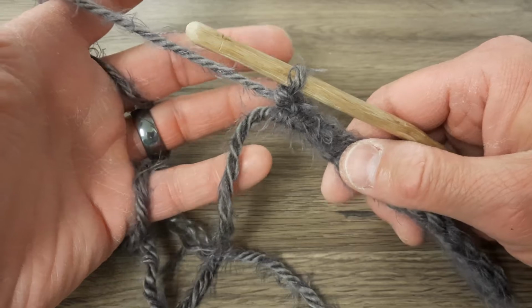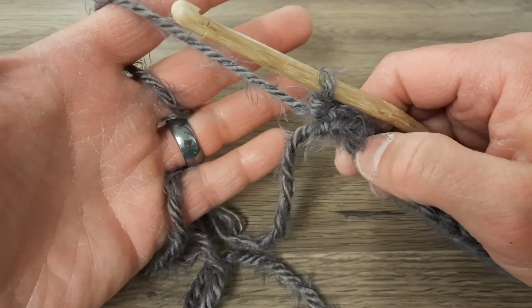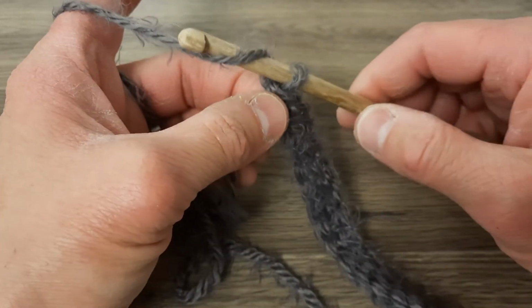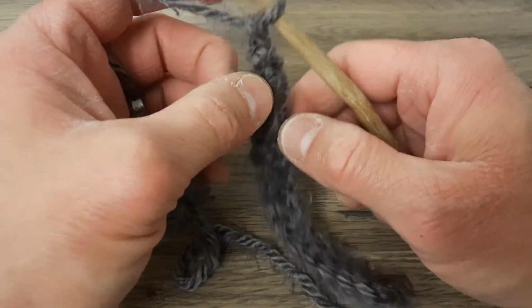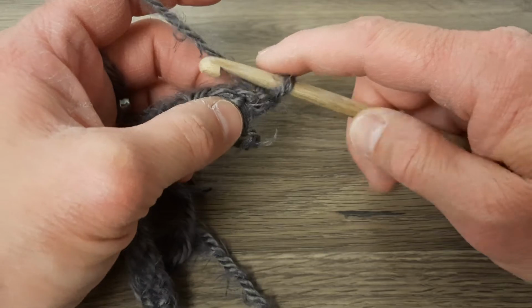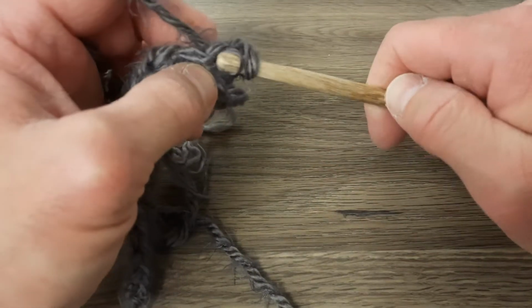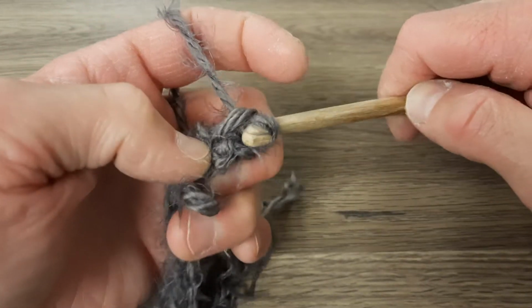We get our yarn on our hand, and I showed that in the very first tutorial about creating a chain. So we're going to do our chain and turn with this piece. So we yarn over and pull it through that last loop on the hook, and we're going to start back in with single crochet into that first row of single crochet that I created off camera. So we'll go here again,